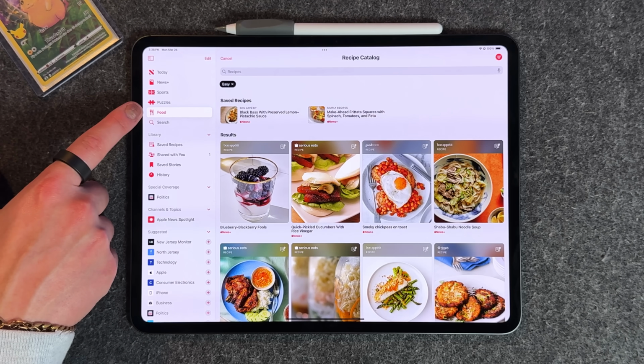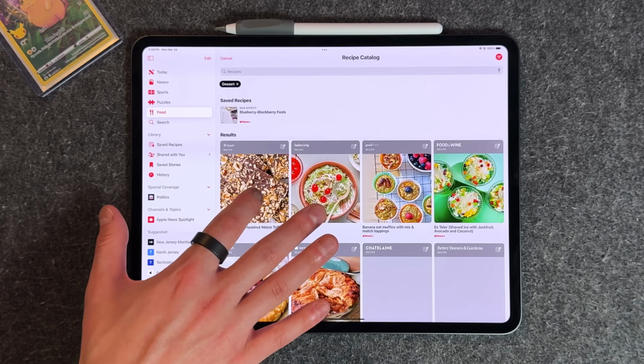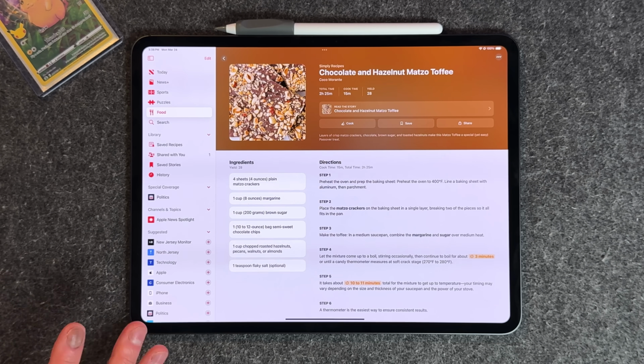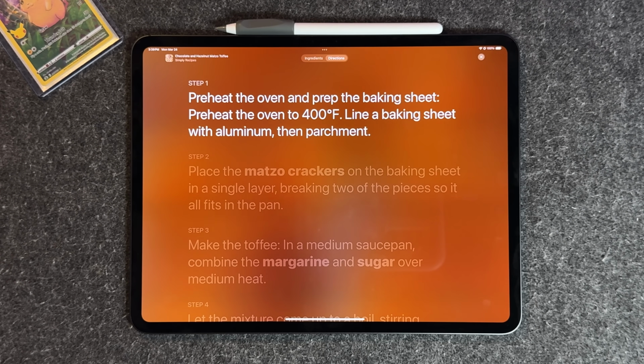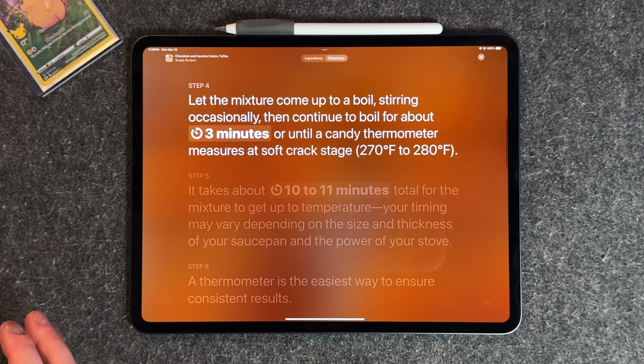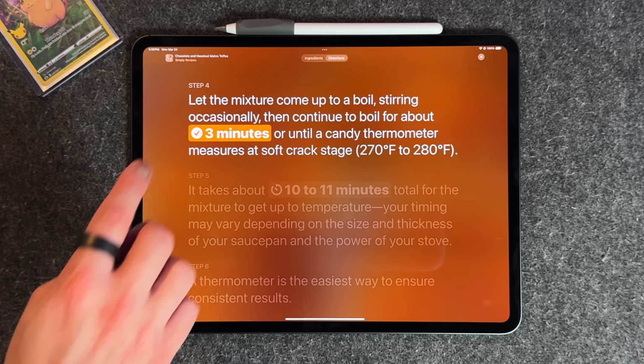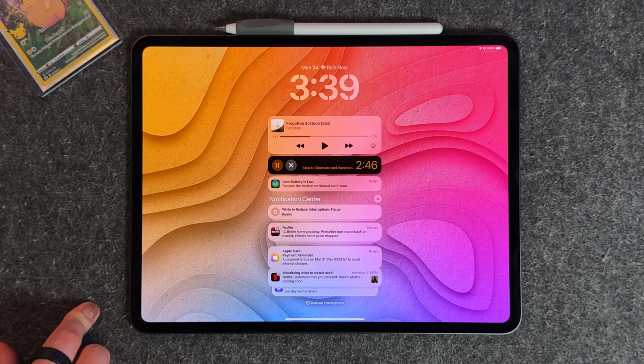And now for things that are actually working, iOS 18.4 and iPadOS 18.4 RC edition did release to the public beta and developer beta, and RC just stands for release candidate, meaning this is going to be the final form of iOS and iPadOS 18.4. So I do recommend downloading it if you want to give it a try a week early, but do expect this to come out probably Monday or Tuesday of next week.